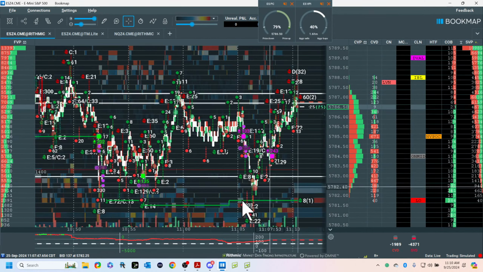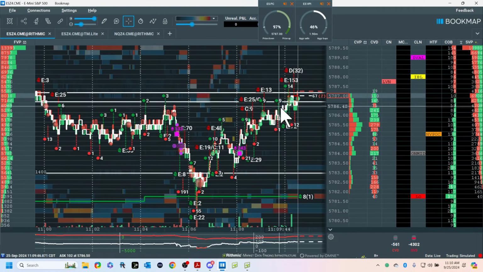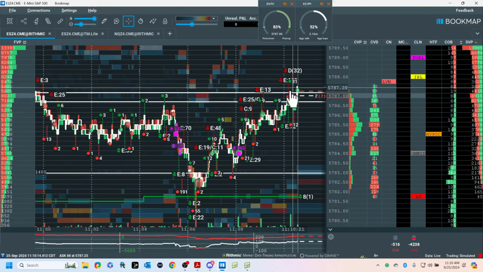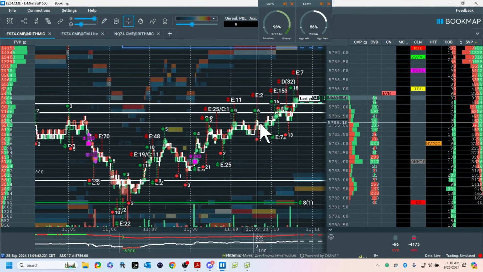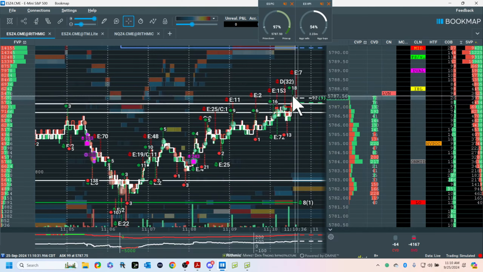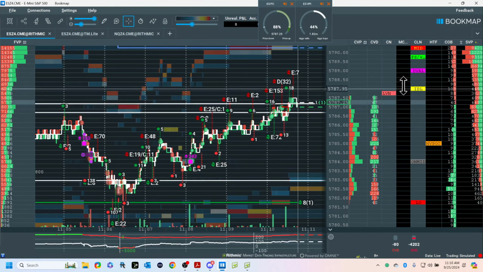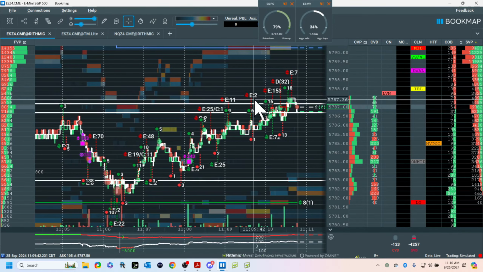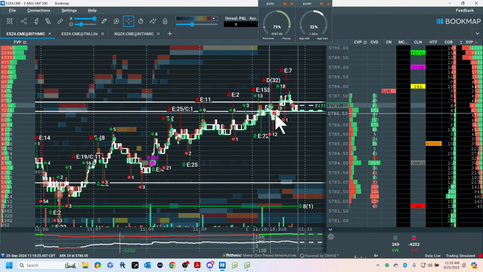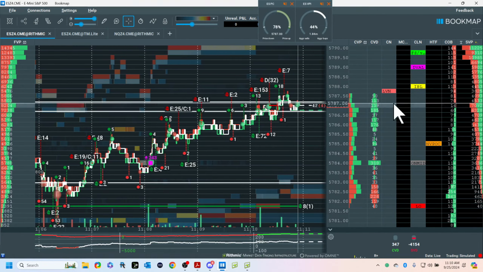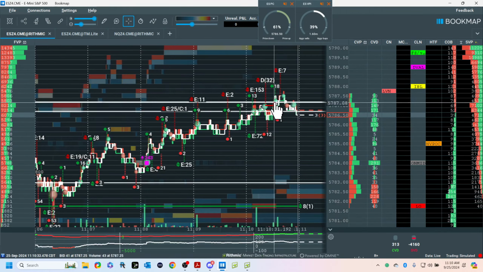So this is resistance, and it's not a recommendation. We're looking here to see where the sellers take over. Buyers are still in control. You can see them. They're making progress. We have some icebergs now on the other side, and this is our outside edge. So let's watch. And these are not trade recommendations. I use the microstructure in alignment with locations for potential triggers. So right here we have absorption.